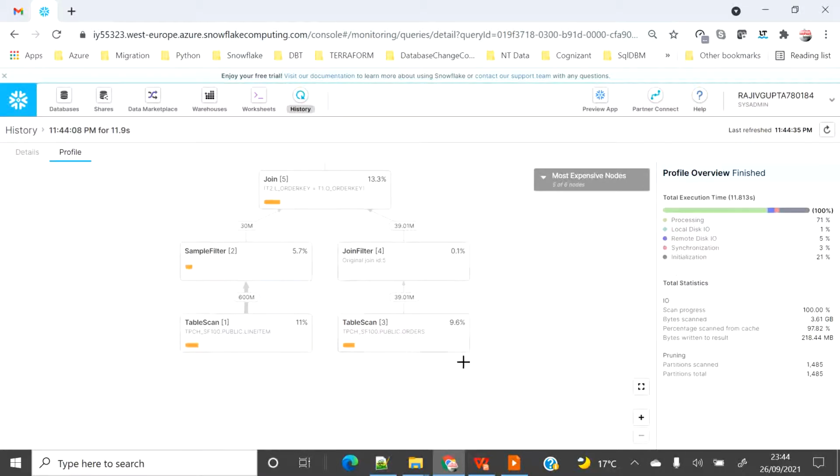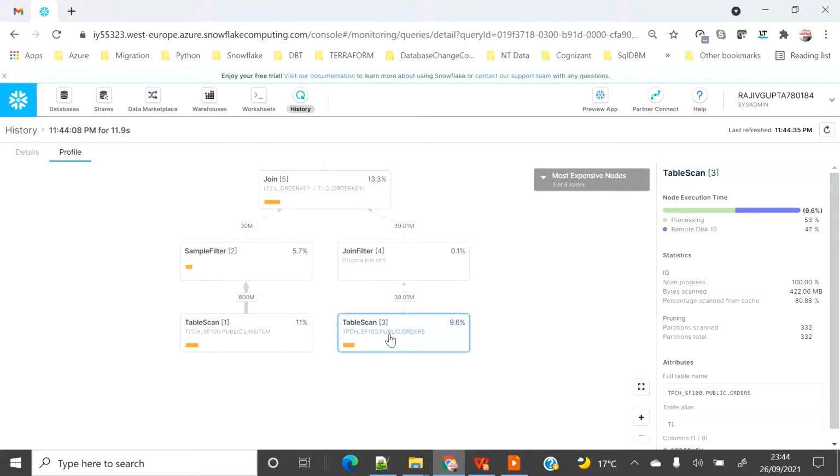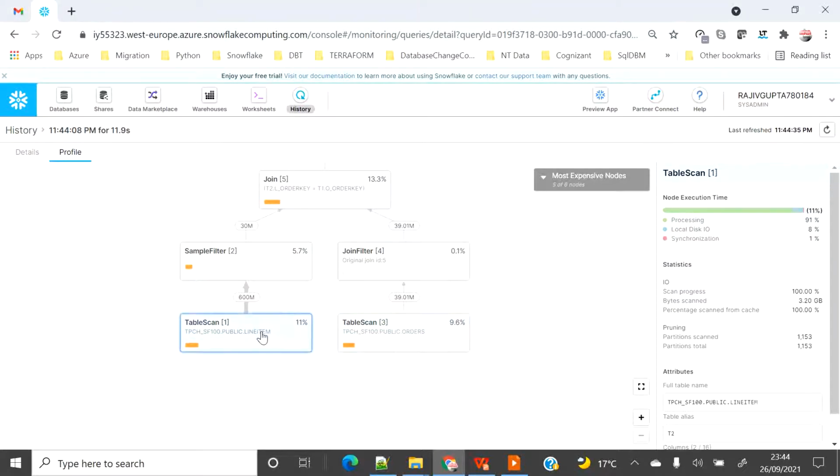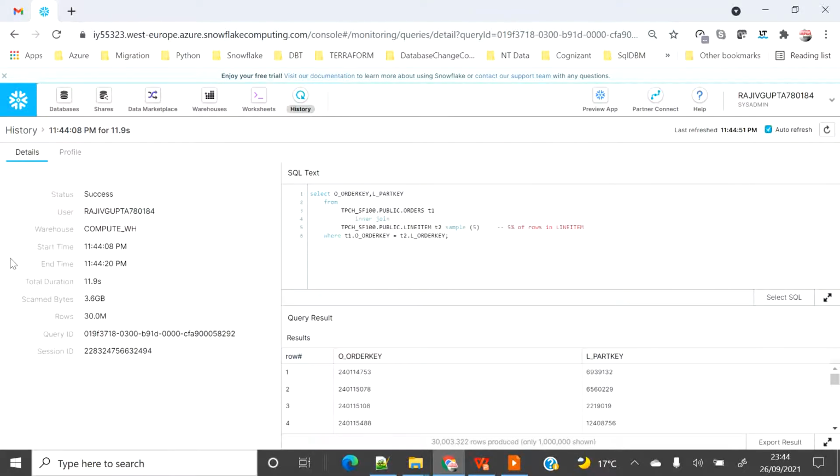If we go here, we will see that it scanned the entire table, all the partitions. Line item, it scanned the entire table, but I think the result set is small. If we go on the query, it will show 30 MB only, 30 million rows.